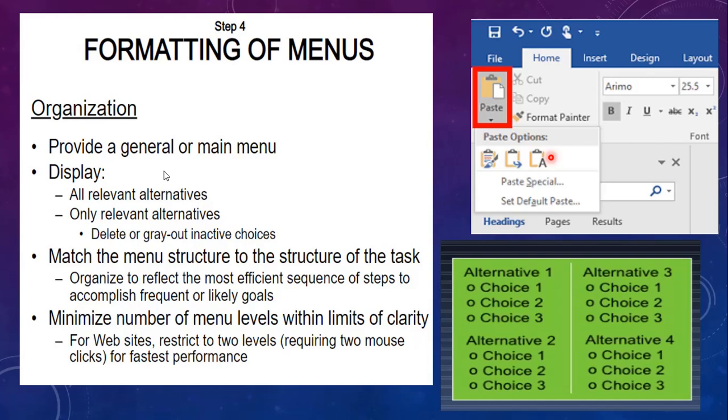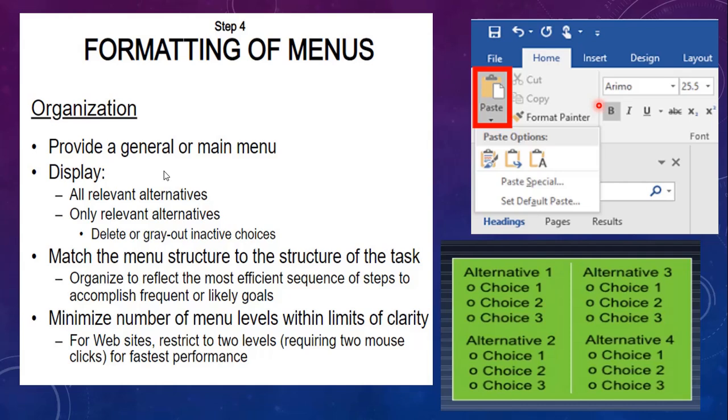Some studies have concluded that you can contain up to 64 items if your organization is in a logical manner. If you have logically grouped items, then you can go up to 64 choices. If not, then you have to limit your choices to 4 to 8. So what are the conclusions of the studies? Some have done research on how your menu has to be organized.